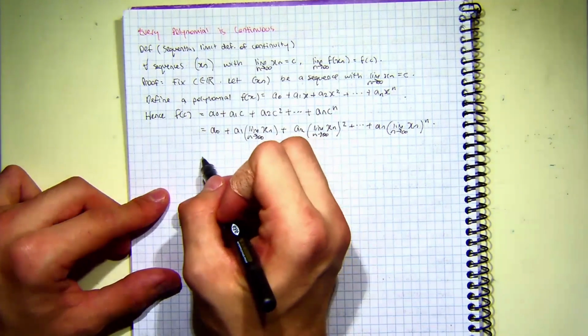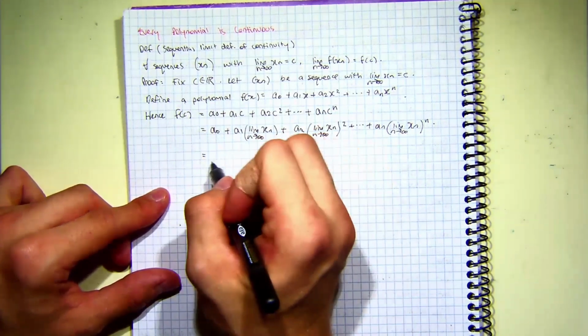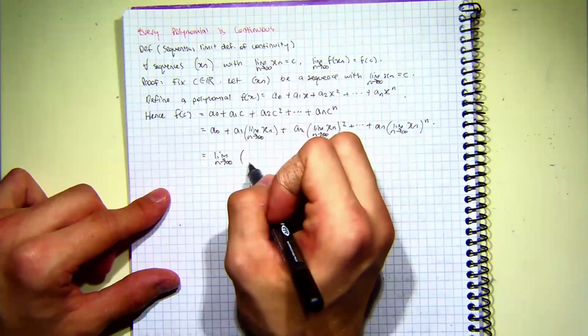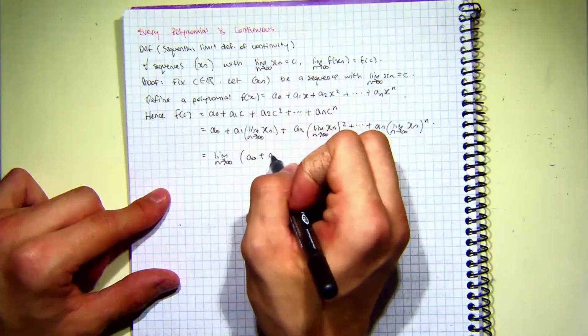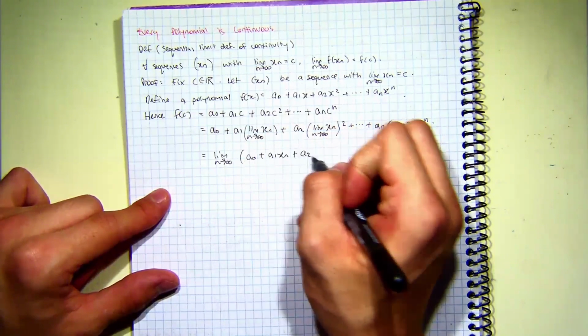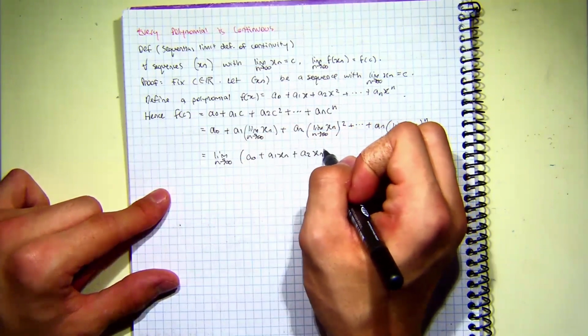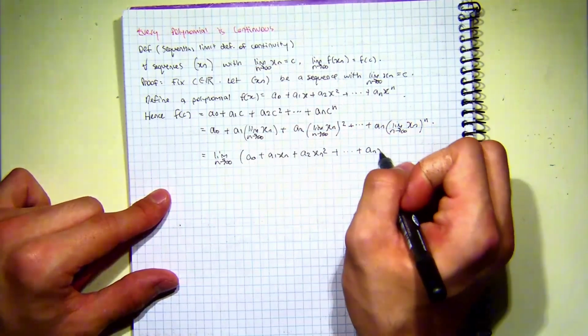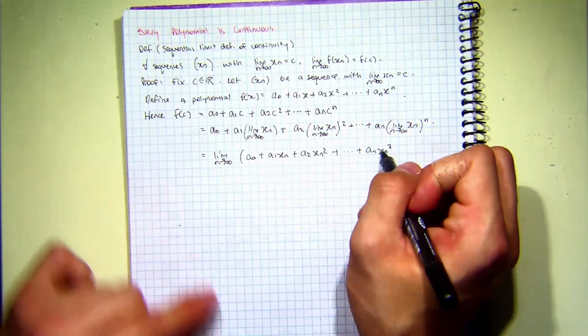Okay, so now if we factorize out the limit, this will become the limit of a0 plus a1 xn plus a2 xn squared plus the rest up to an xn to the power of n. Okay,